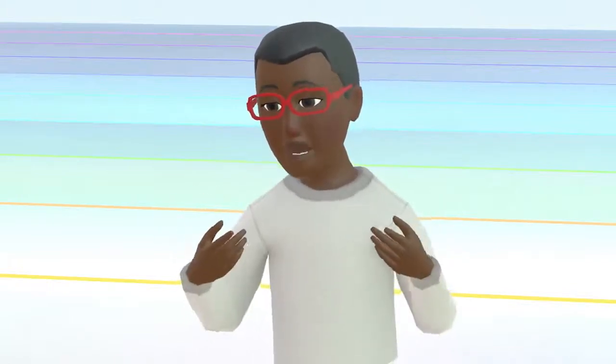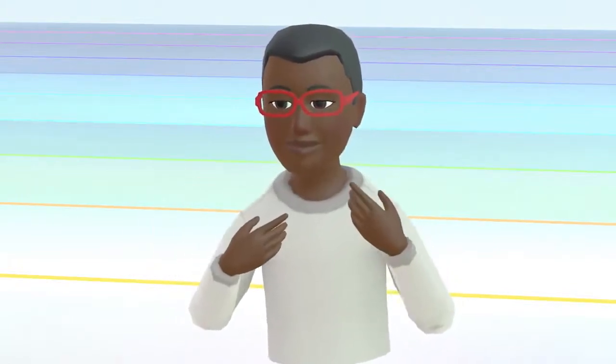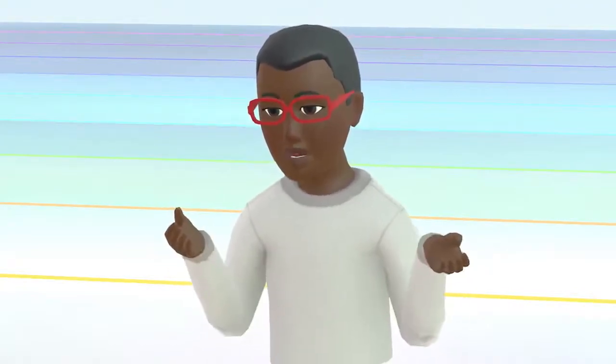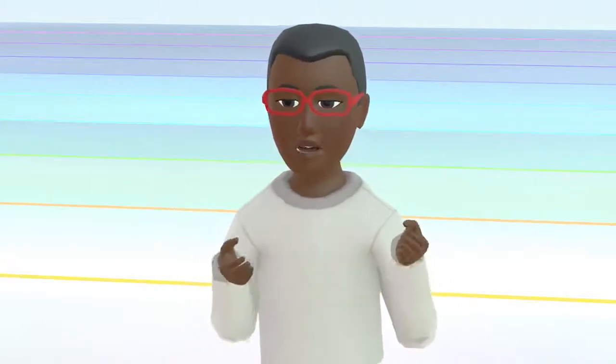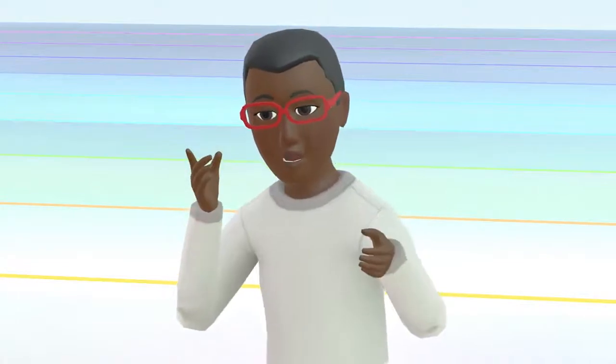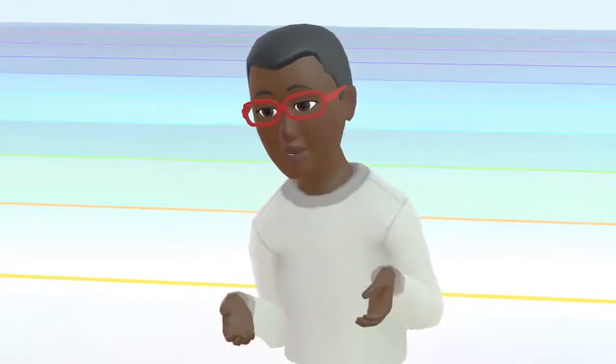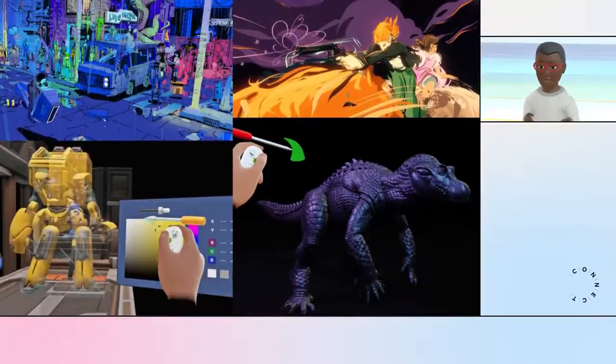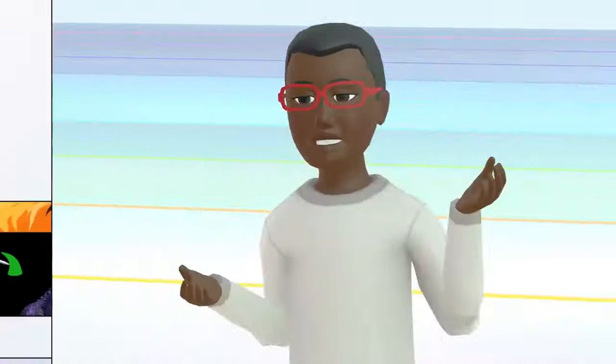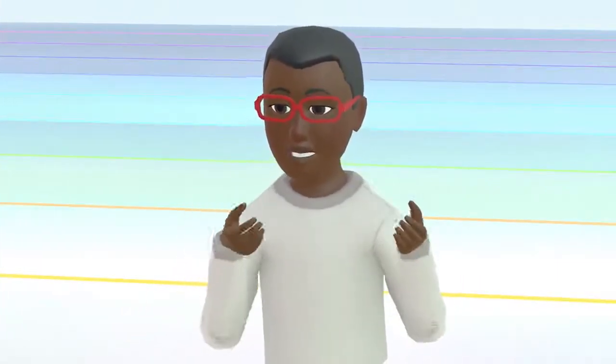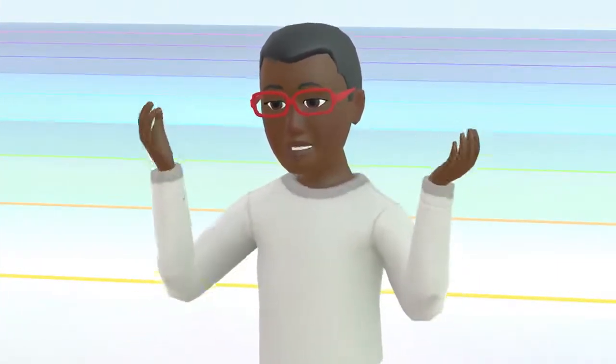VR creation tools are one of the things that excite me the most about the medium. As a designer, I've used 2D and 3D creation tools that are primarily used on computers. I've always found 3D creation tools harder to understand because they try to take spatialized concepts and help people reason through them on 2D screens. When I discovered VR creation tools like Medium and Quill, my mind was blown because creating felt so natural and intuitive. Finally, I was creating 3D objects in the medium they were designed for. Creating 3D in 3D just makes sense.